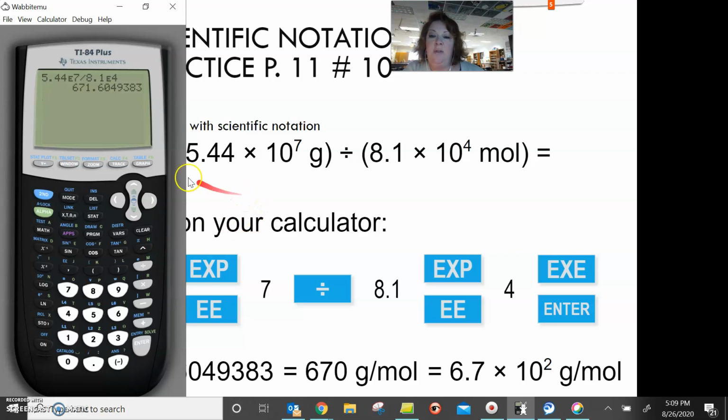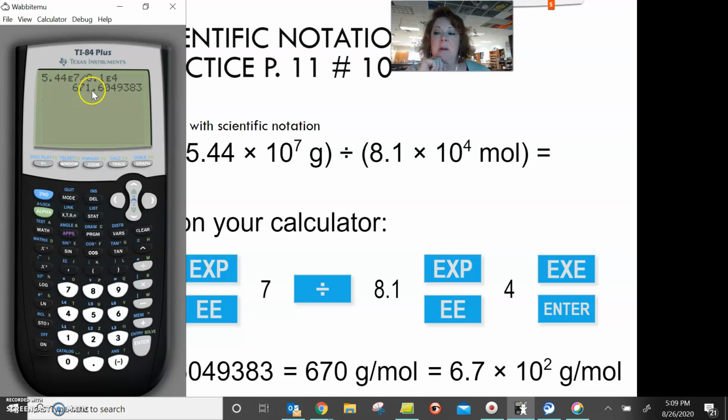We can't put all these numbers down as our answer. We just don't do that anymore. So we need to look back at our original numbers. We have 5.44, that was 3 sig figs. 8.1, that is 2 sig figs. This was multiplication or division, so the rule is least number of sig figs. So it can only be 2. So that's going to be 6.7,